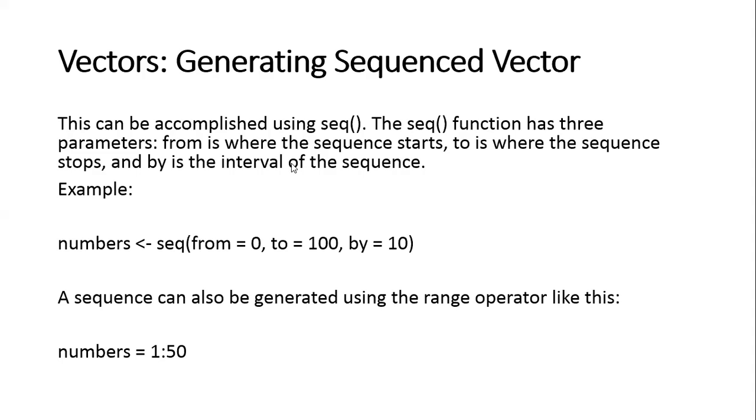We can generate sequence vectors. This can be accomplished by using the sequence function, which has 3 parameters: from, to, by. For example, this statement, numbers is assigned seq from 0 to 100 by 10,